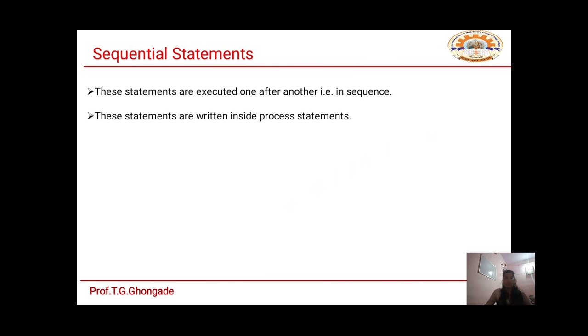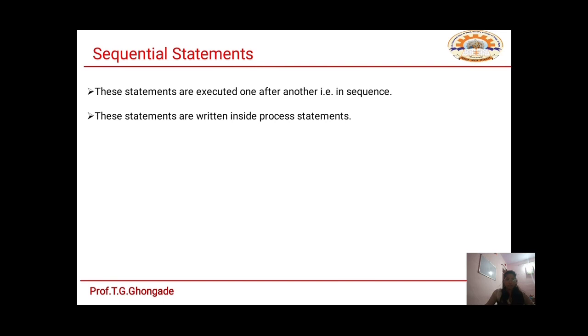Now how to declare these statements? These statements are written inside a process. In case of a process, we generally define the keyword process, because process is a keyword, and in a bracket formal parameters including a list of inputs. We have seen in the previous lectures, when we wrote a number of programs using the data flow model and behavioral style of modeling, we used to write process, and inside the bracket we used to write a number of changing inputs. These changing inputs are also called the sensitivity list.